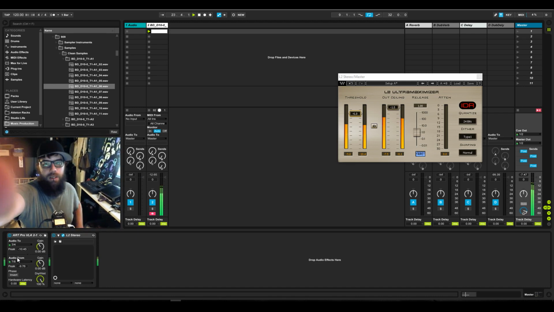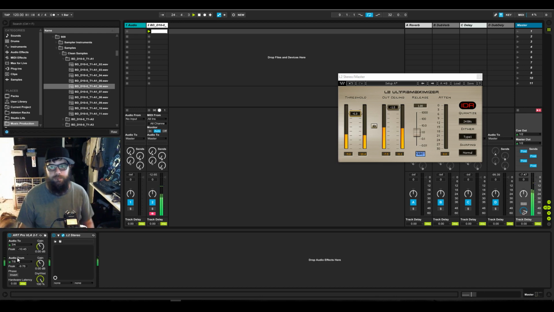And I do that because I actually like the tube that it does. It adds a nice crunchiness. Right now it's not really crunching it a whole lot, but when I bounce the pre-master out, I will drive the tubes in that compressor a little bit, and it does a good job of gluing everything together, I think. I don't know. You tell me.